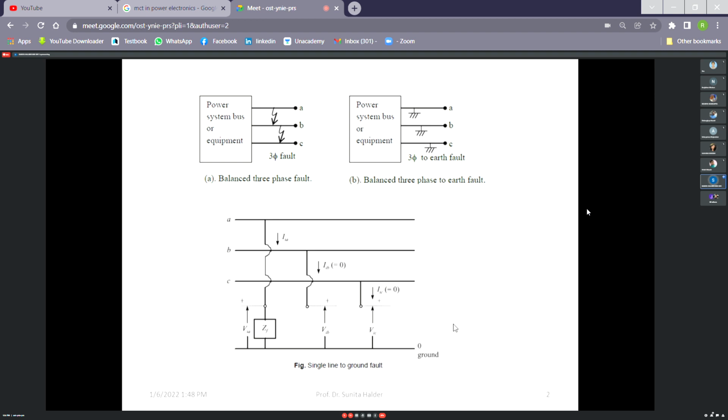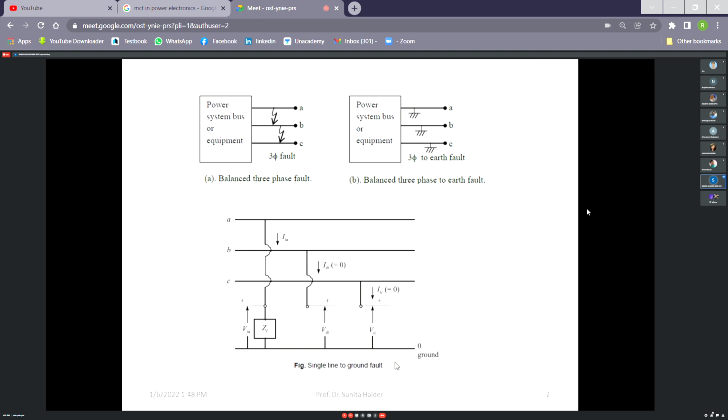So in the fault calculation part, we shall calculate or estimate what may be the possible fault current for a particular fault at a particular position. But that will be only an estimation, because short circuit is an accident. Where it will occur and how it will occur, we cannot define anything. So it is totally an estimation.